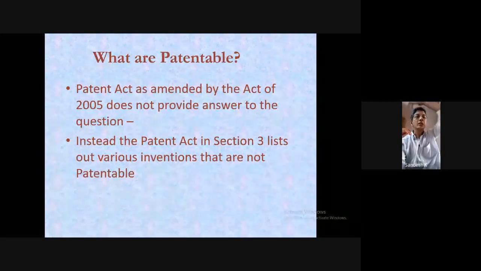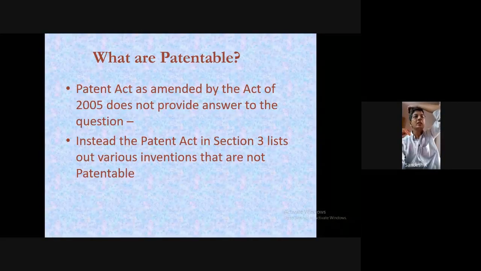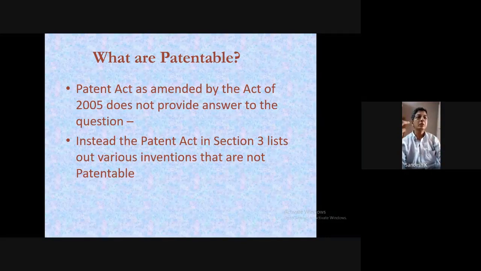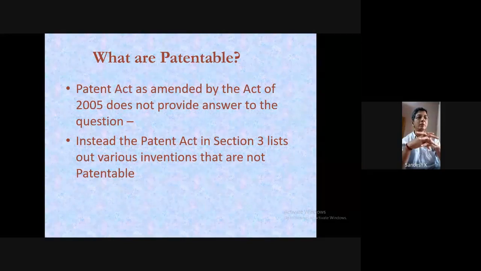Okay, the non-patentable list: you have joined one or two existing pieces, and you have made something out of it which has got no use, or maybe it looks odd, or with the prior art you can understand this is just a mixture of it, and anybody with knowledge can do this. No, it is not so. So that cannot be patented.